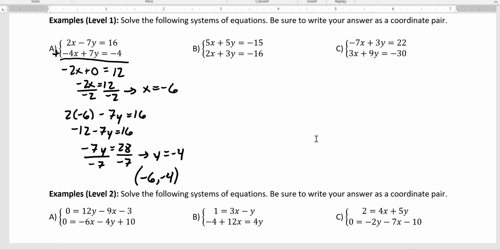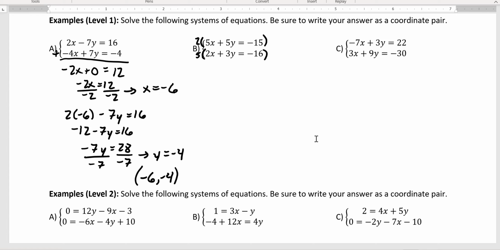There we go. Alright, looking at letter B, 5x plus 5y is negative 15, 2x plus 3y is negative 16. Oh, gross. So this is one where I'm going to have to multiply both equations, because 5, 2, and 3 do not have any multiples there inherently. I'm going to have to change these all up. So I'm going to multiply the top equation by 2. I'm going to multiply the bottom equation by 5 so that I can